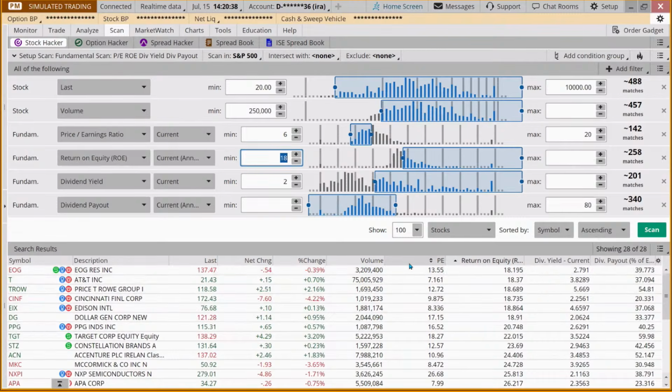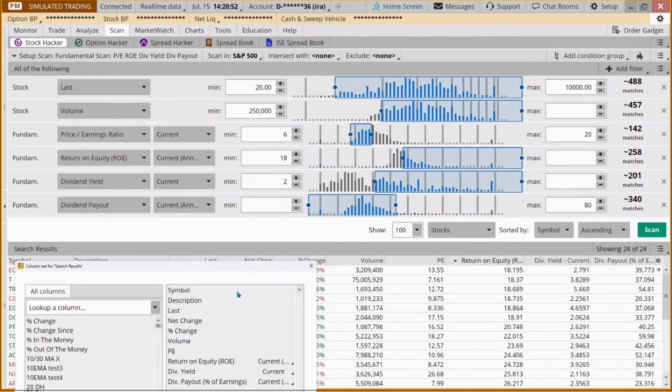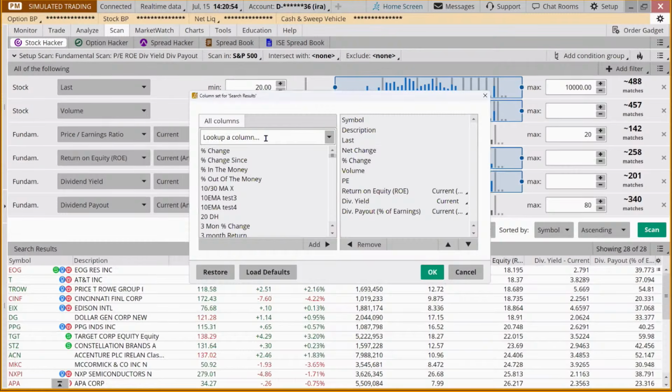Now, on the results page, I actually added some columns. I'll show you how to do that very quickly. The default has last, net change, percent change, and volume. But if you click on the little gear over here and hit customize, you can choose different things. I have PE ratio.